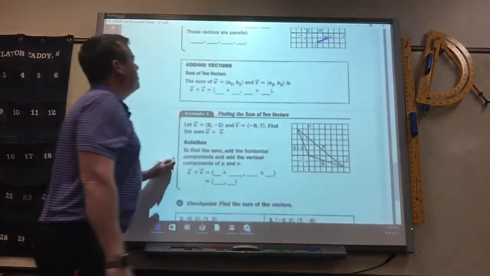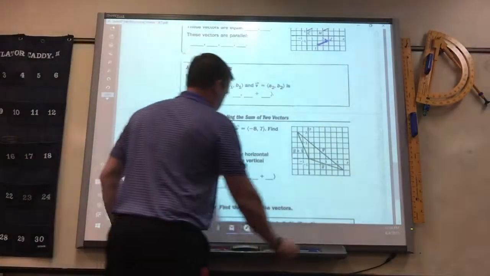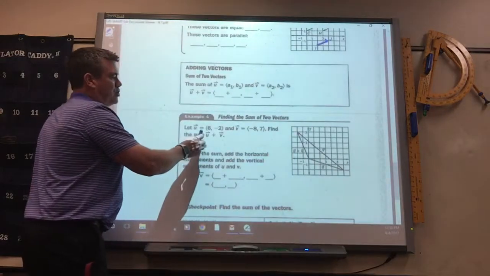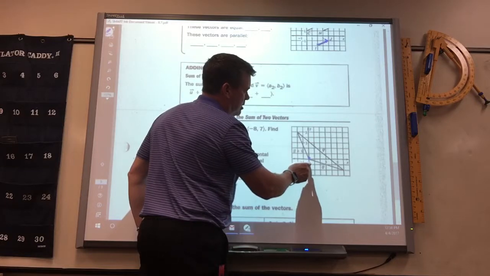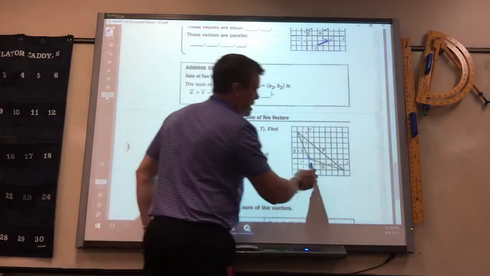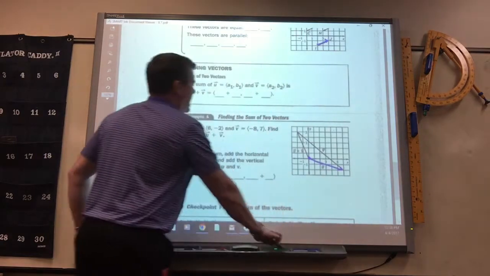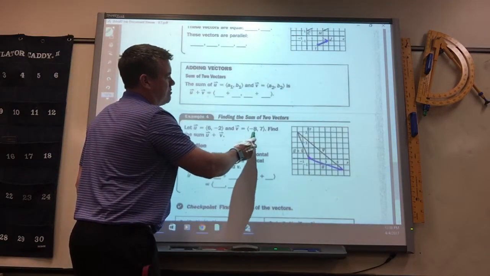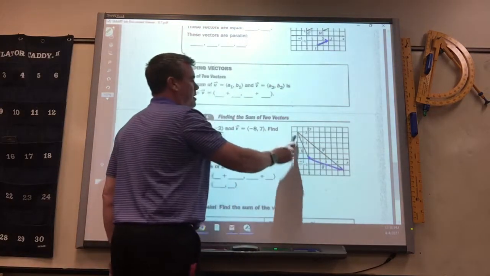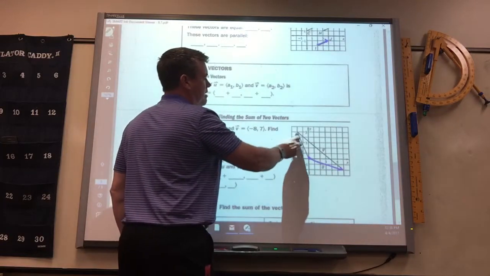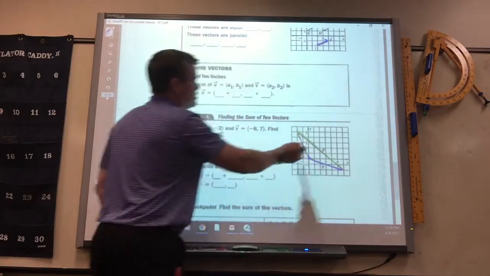Alright, but the adding vectors, sum of vectors, I showed you this before. Here, vector u is 6, negative 2, and they got it drawn here. Here's where they started. So, for u, it's positive 6 down 2, so it goes from here to here. And then v goes left 8 and up 7. It's like an airplane flying from this airport to this airport, and then they're coming here. They go left 8 and up 7, so they fly from here to here. If you add these two vectors together,